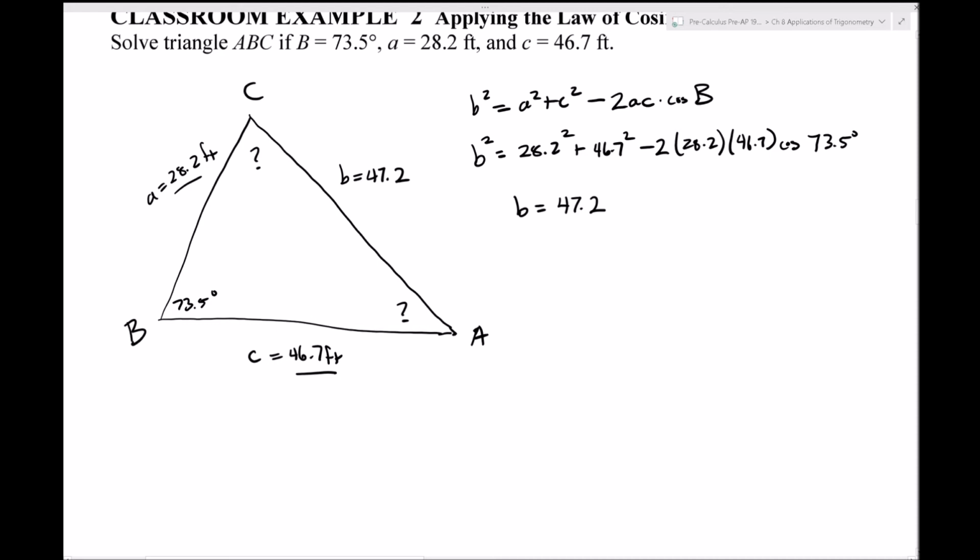And the way that we can figure that out, there's an old formula from geometry. You take c squared and you compare it to a squared and b squared added to each other. So c squared, 46.7 squared. And actually, no, that's not c squared. You take the biggest one. So here they're violating a rule that I like to go by. The rule that I like to go by, largest side needs to be c. So it's going to be a little confusing. You take the largest side, 47.2, you square it. So 47.2 squared,